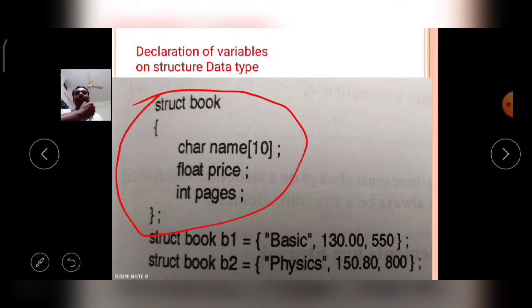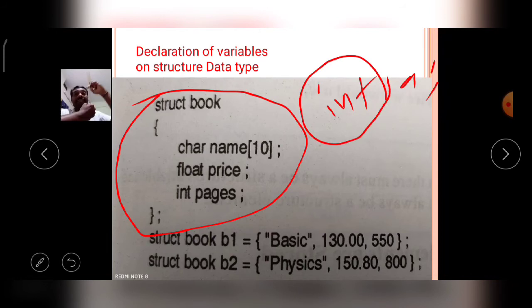Okay, here for example, if you take int a, then what will happen? In the C language, a built-in data type int, meaning integer, is available. With the help of that integer data type, I declared the variable a.